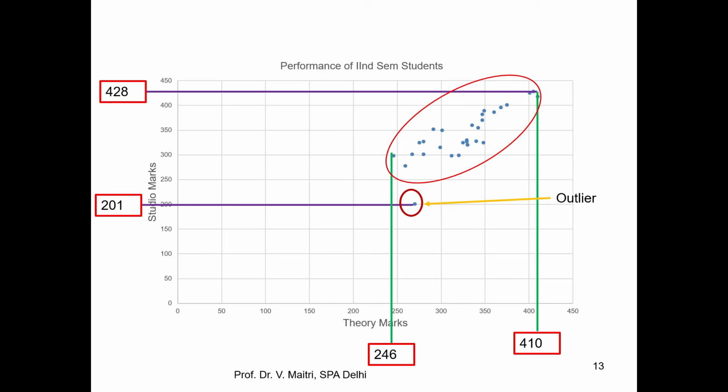So from the teacher's point of view, he can say, now this group of people are almost within the same range, within a 10, 20, 30 marks range. So I can say that all are progressing. Everybody will not be on the topper line, but somebody will be in the middle and somebody will be in the lower part. But this one is a little bit away from this group, so it needs special attention.